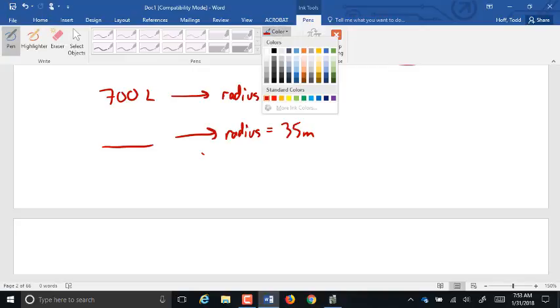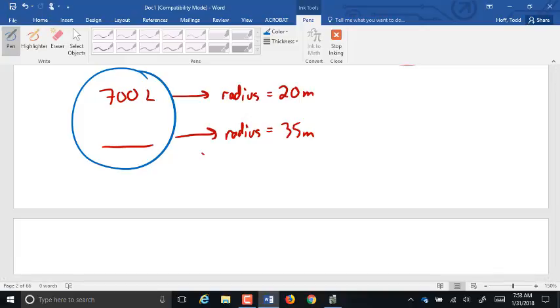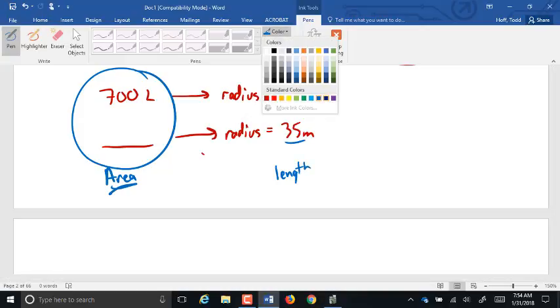Well, what we have here is a ratio. The amount of paint to cover the tank is really a ratio of what property determines how much paint it takes. Is that a length? Is that an area? Or is that a volume? It's an area. Area determines the amount of paint it takes. The radius, is that a length, area, or volume? It's a length. So we do have a ratio of lengths,